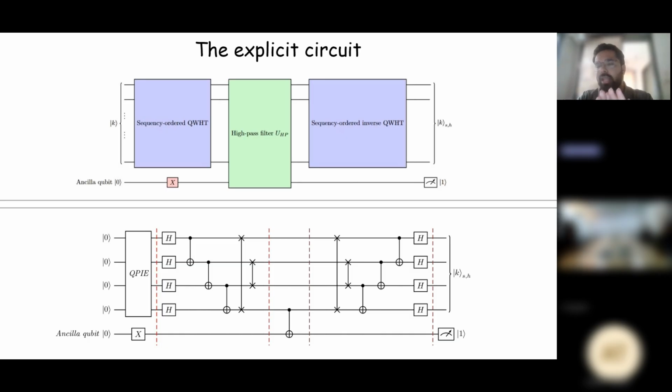The qubits which store the data, we don't have to tamper with them at all to actually get the output, which is one of the very major achievements here. Okay, so going further,